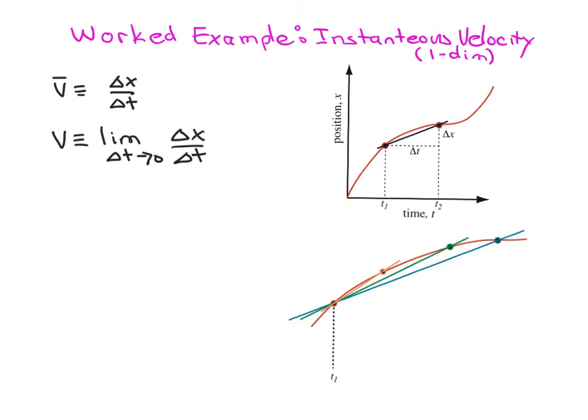And in the limit that delta t goes to 0, the slope of the line begins to approach the slope of a line that's drawn tangent to the curve at time t1. So we've argued this important fact, which is that the instantaneous velocity